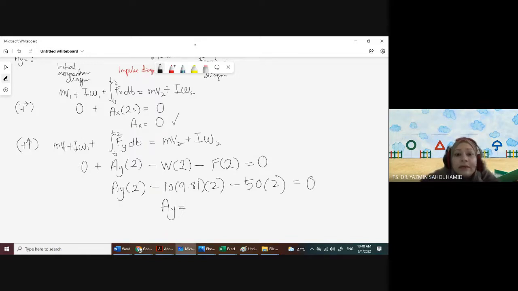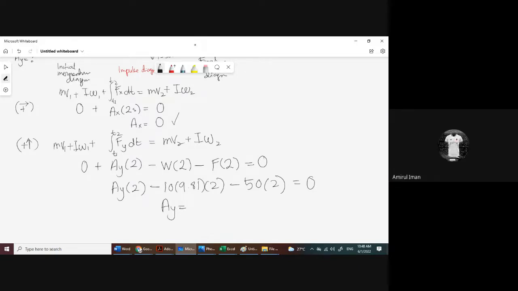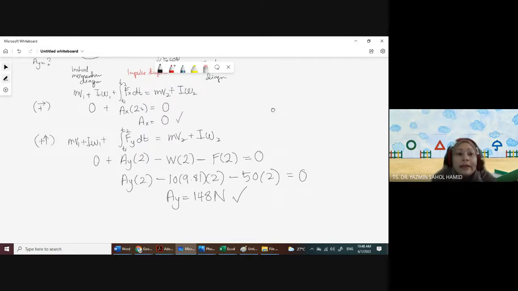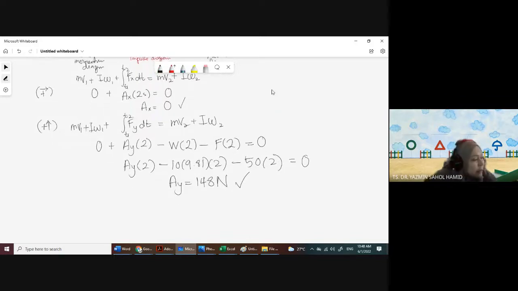Okay, what is the answer for Ay? Can you quickly find for me? Dapat? 148. Betul. 148, unit dia apa? Newton lah kan? Okay, betul. Alright, now. So you dah buat in X direction, Y direction, and the next is you need to